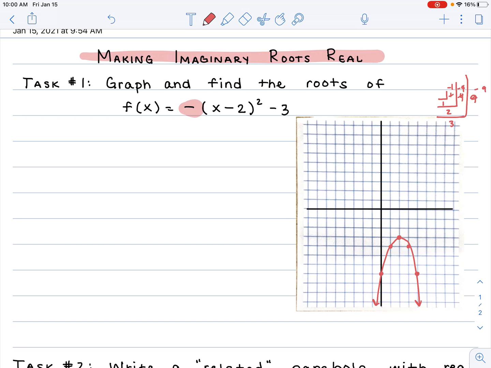If you notice here, we know this is going to be imaginary or complex solutions because it never crosses the x-axis. So we know our discriminant is going to be negative. So we need to solve for it. And the only way we can solve for this is using our square roots. So I'm going to take my function, negative (x minus 2) squared minus 3, and set it equal to 0 and use our algebra skills to solve. So I'm going to add 3 over,